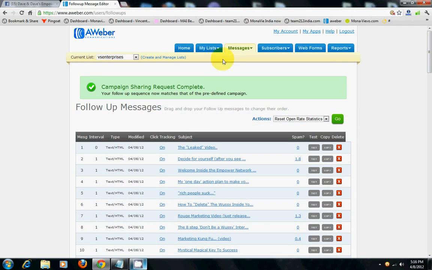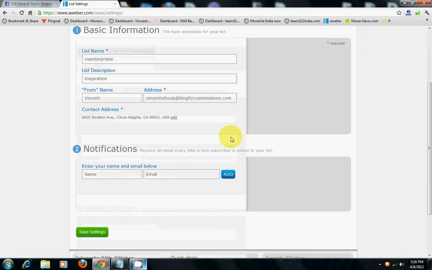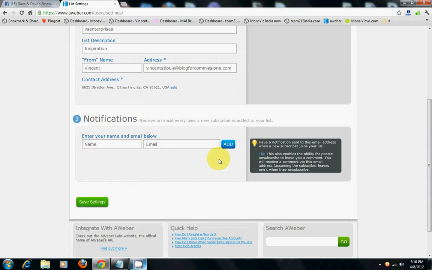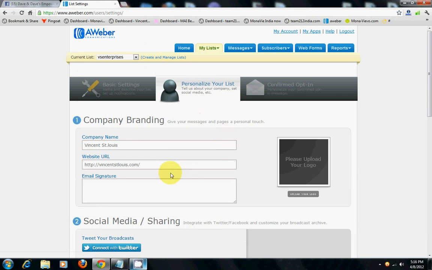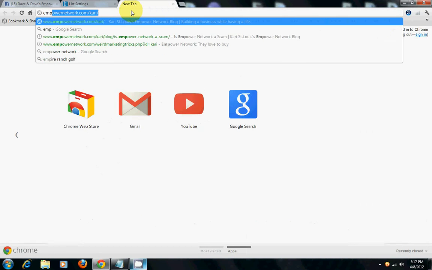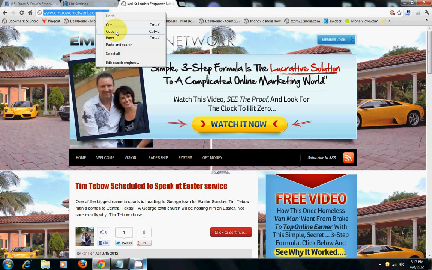There are a couple of things you're going to need to do. Go to your list settings. Make sure you're still in the list that you're working on. If you've already filled out this stuff right here, then go to personalize. This is where I want you to do a couple of things. First, put your website URL. I would recommend maybe your Empower Network blog, so you can go into there. Here's my Empower Network blog,